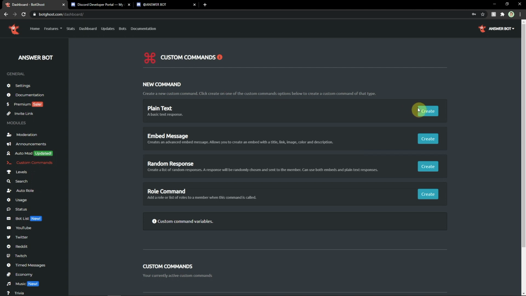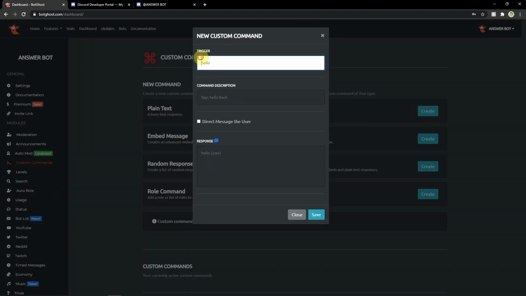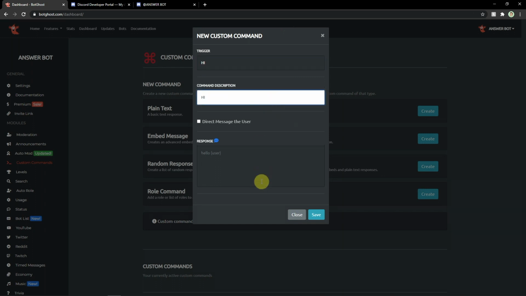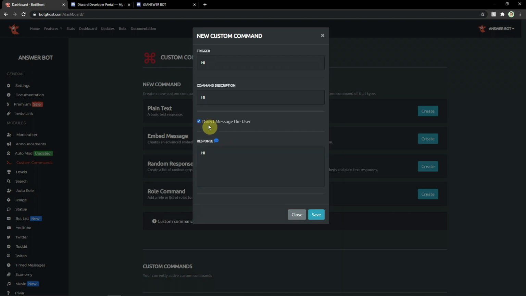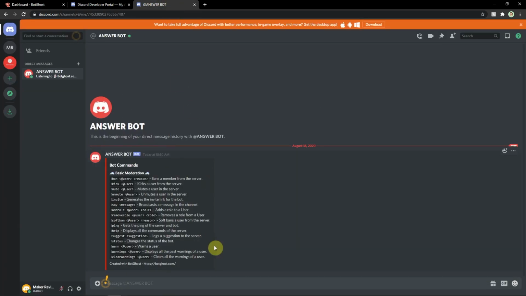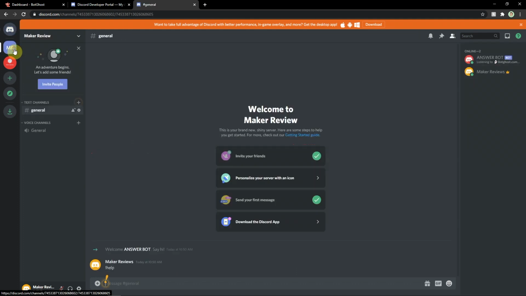So we're gonna go plain text. We're gonna say hi. You guys can trigger this, which will give me a DM or the person, if you say hi with an exclamation point, like this, but you guys have to be on the server. You cannot directly DM it. So exclamation point and hi. It's not ready yet, but if you guys do that,